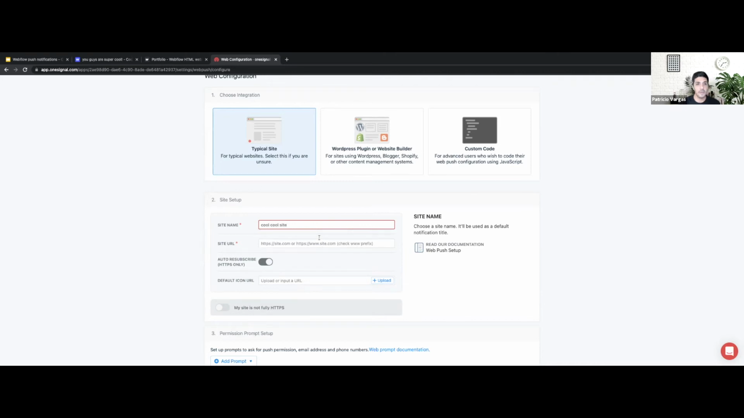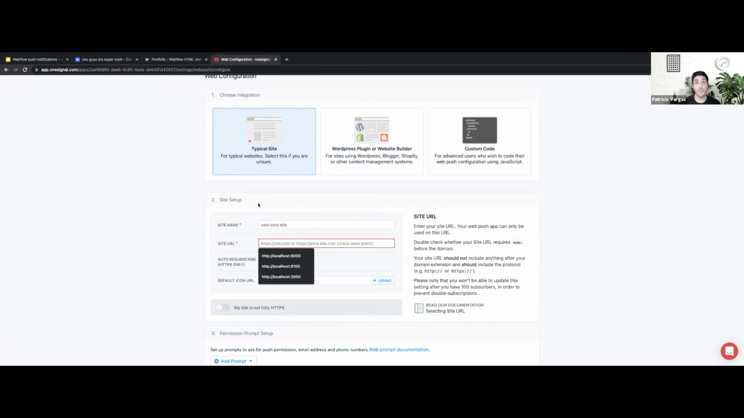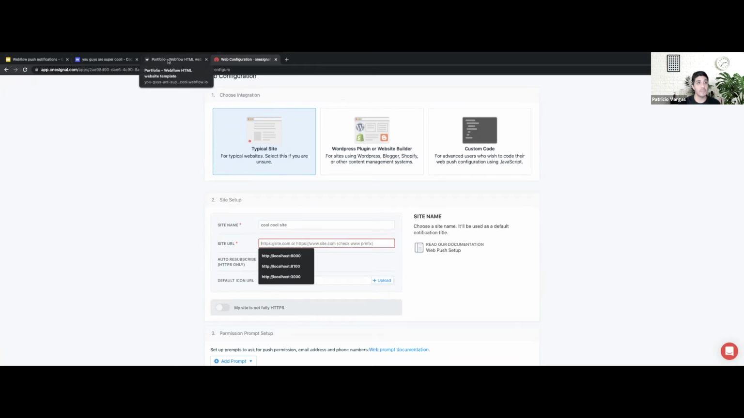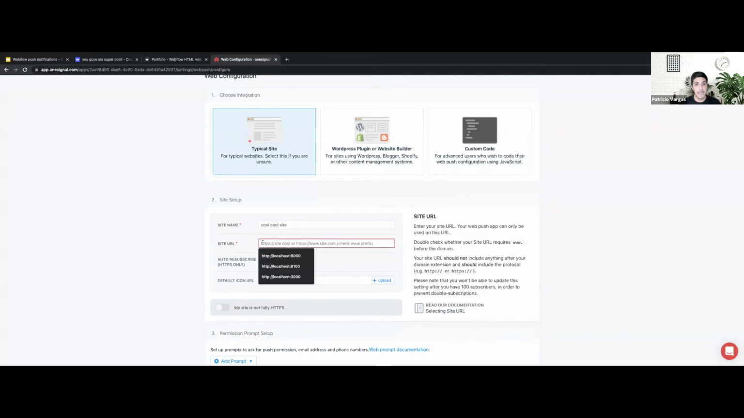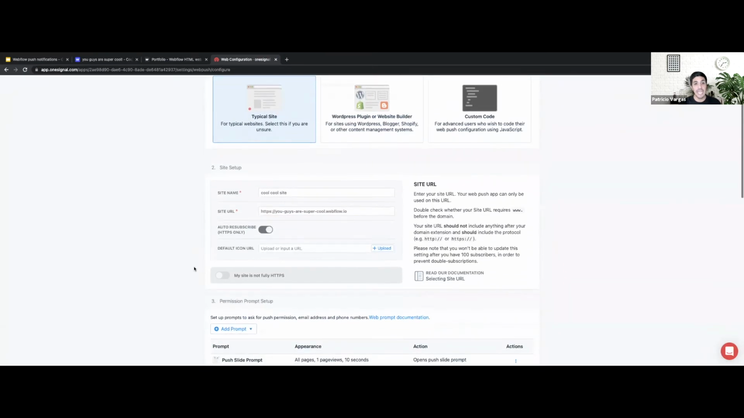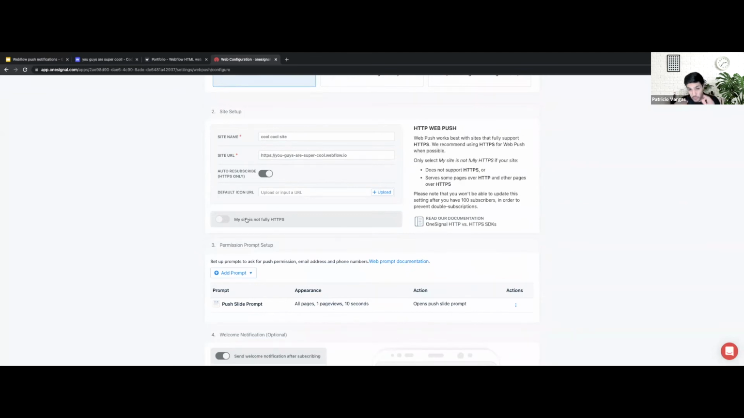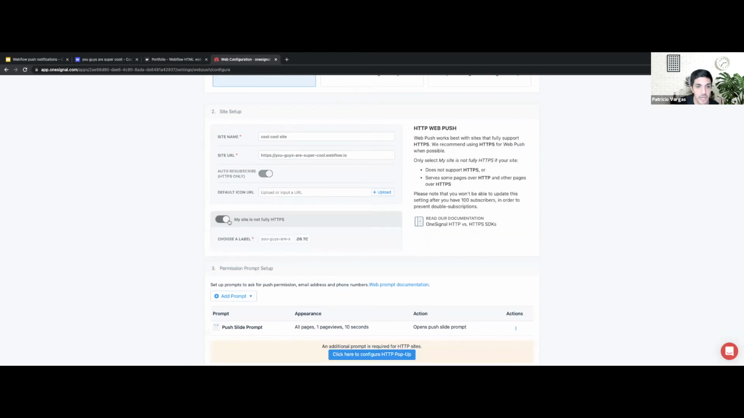Cool sites. And then right here, you're going to enter the URL of your Webflow site. So I'm going to go back to my Webflow site and copy the link, go back to OneSignal, and paste it. And here's the trick. In order for you to get the push notifications working, you need to make sure that you click on my site is not fully HTTPS, even if it's HTTPS. So you're going to click in here, and you're going to name it however you want. It could be cool